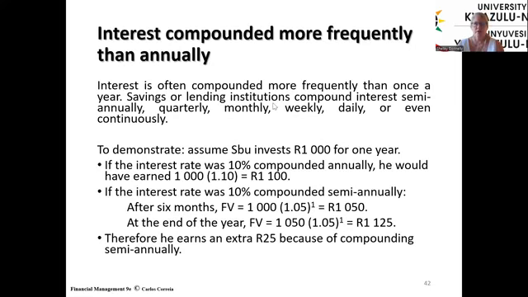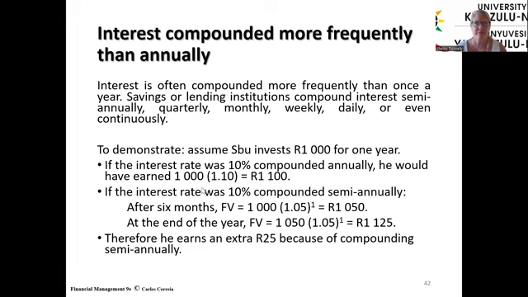Good. Okay, so interest compounded more frequently than annually. This happens often. When you're quoted a rate by a bank, it's always going to be an annual rate, but you have to find out how many times a year they're going to compound interest. Similarly, if you're offered an investment rate, you need to ask the same question, because it might turn out that you're in fact paying or earning something very different from that quoted rate, depending on the frequency of how often